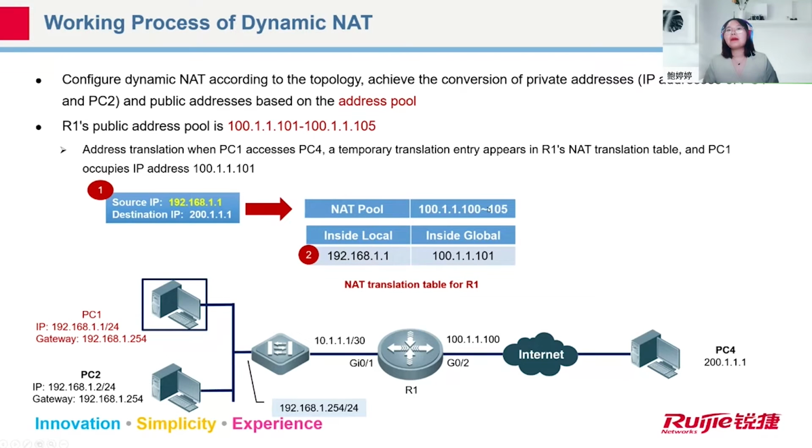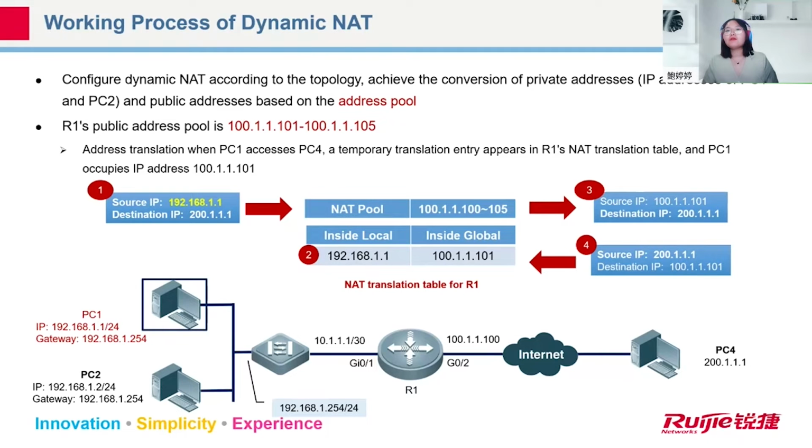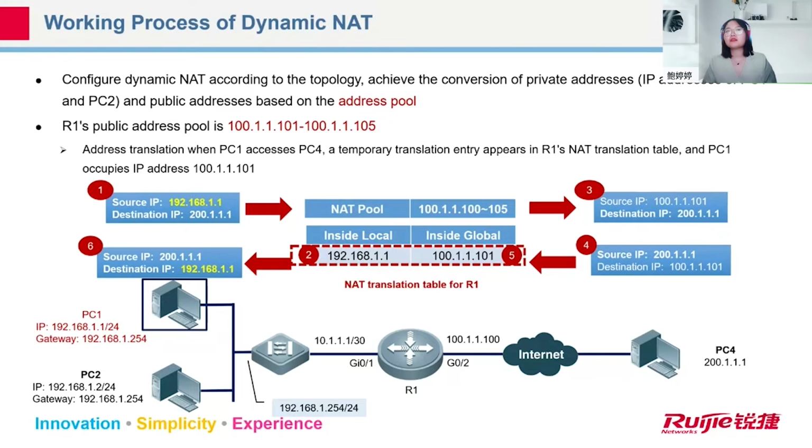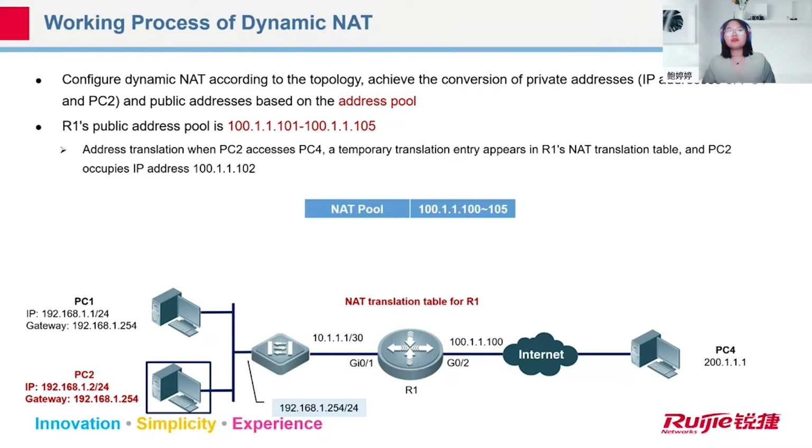And then router 1 will take the public IP address and record it on the table, with the inside local address 192.168.1.0. And then the message will be sent out to PC4. When PC4 replies, it will directly take the table entry and translate the destination IP address again and forward it to PC1. At the same time, if PC2 wants to visit,